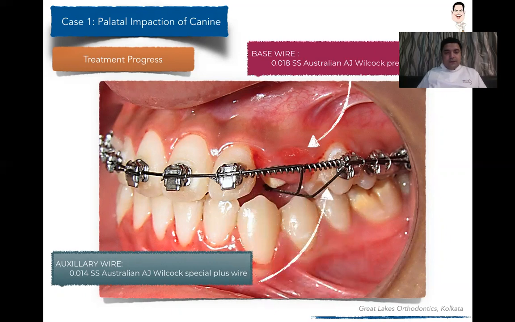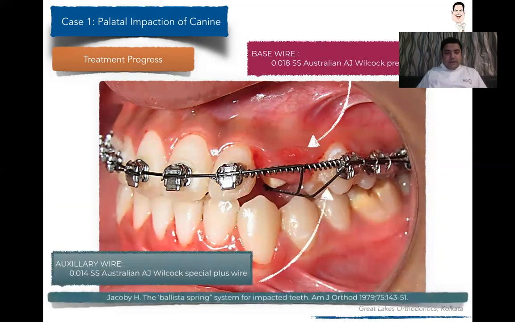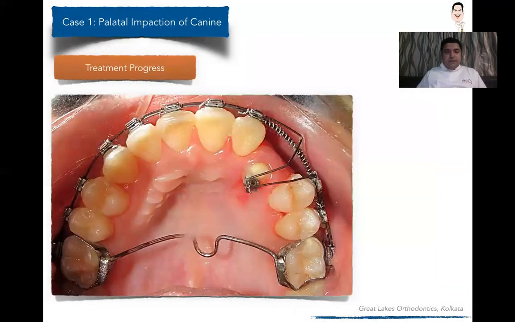So that's the auxiliary arch wire. You can go into this specific article by Jacobi, the Ballista spring system. It's a very popular system to be used for palatally impacted canines. So that's the treatment progress in which we have uncovered the canine and the canine has started to come out